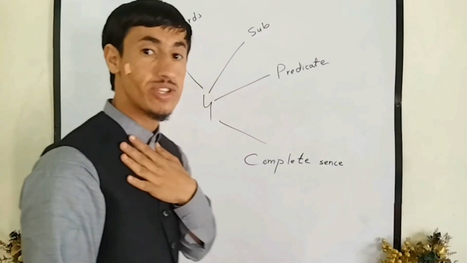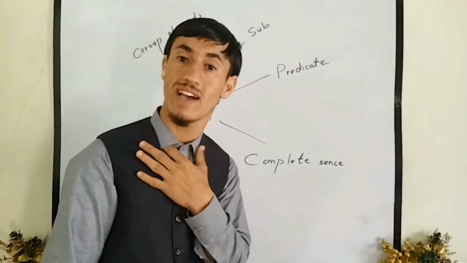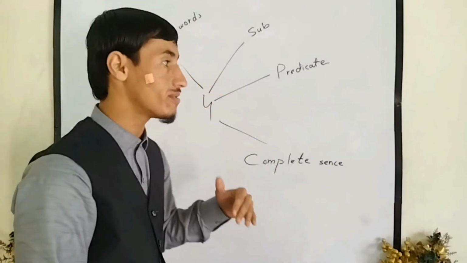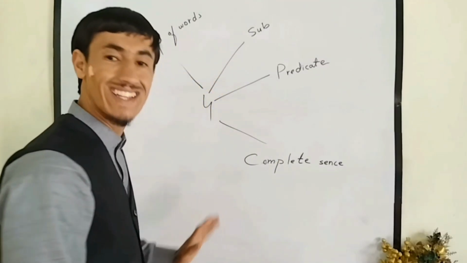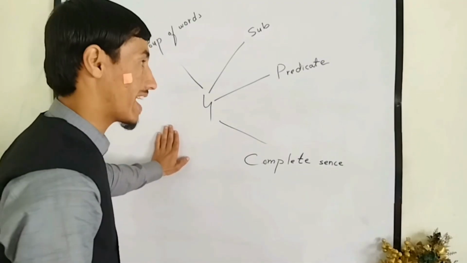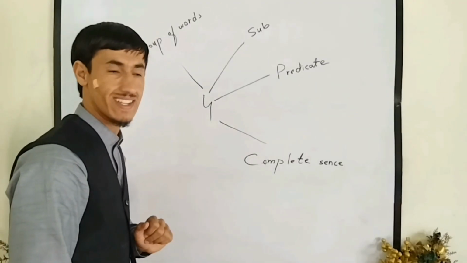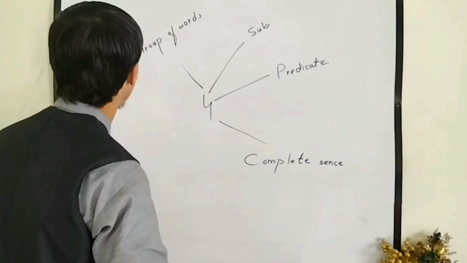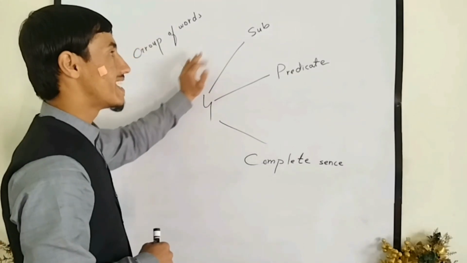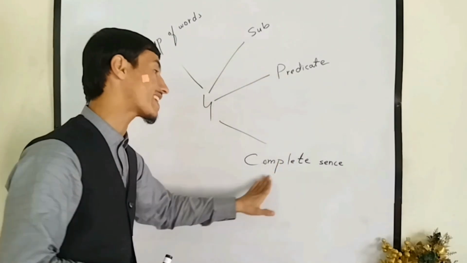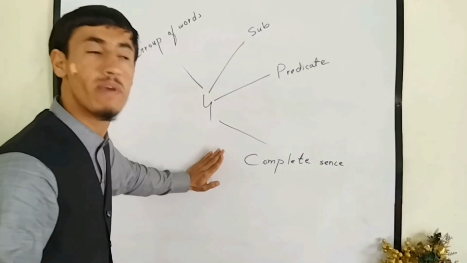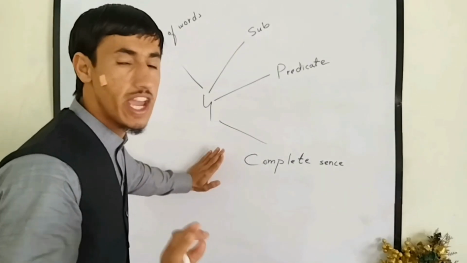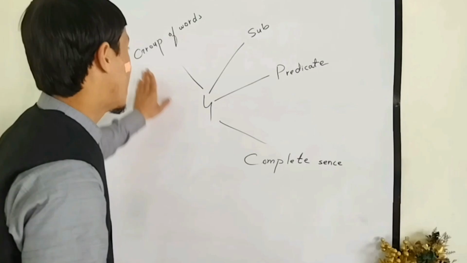So, listeners, you're kindly requested to focus on the grammar and to have a great focus on the board for understanding the grammar, like parts of a sentence. So, listeners, group of words, subject, predicate, and complete sense. These four things are necessary for making any kind of sentence in English. You know,